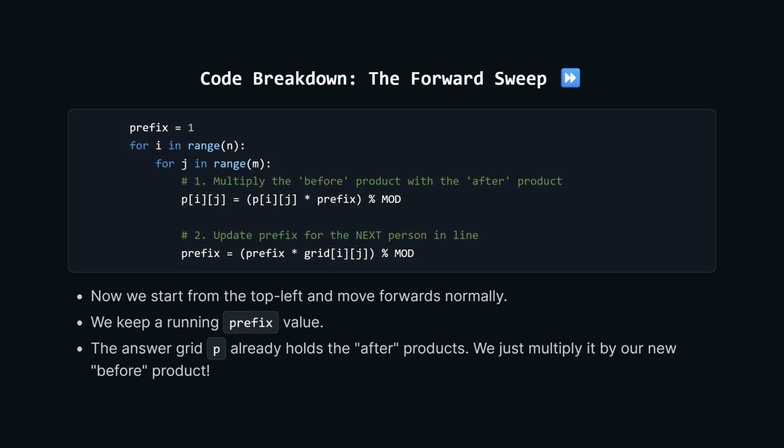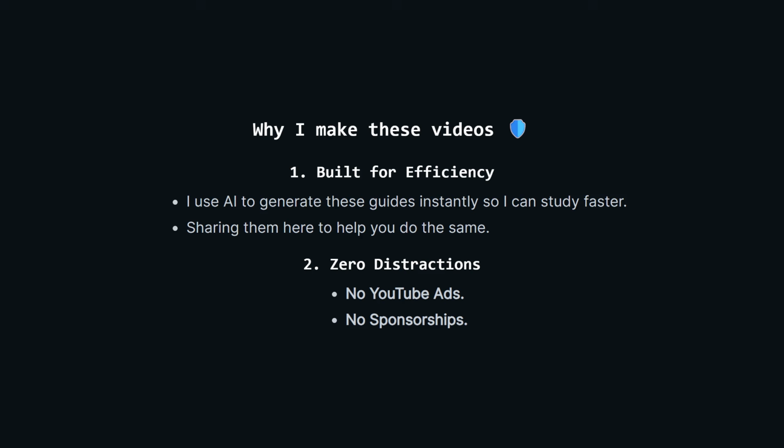Then, just like before, we update our prefix variable by multiplying it with the original number from that spot, ready for the next step. We will look at a full trace of this code in just a second, but first